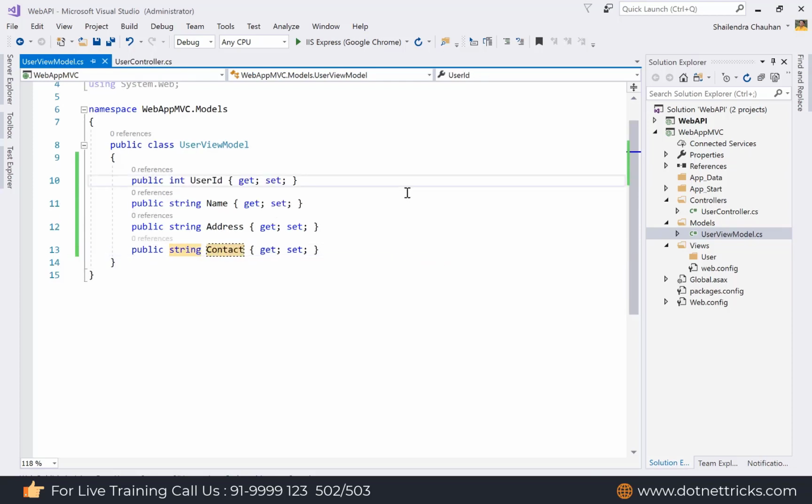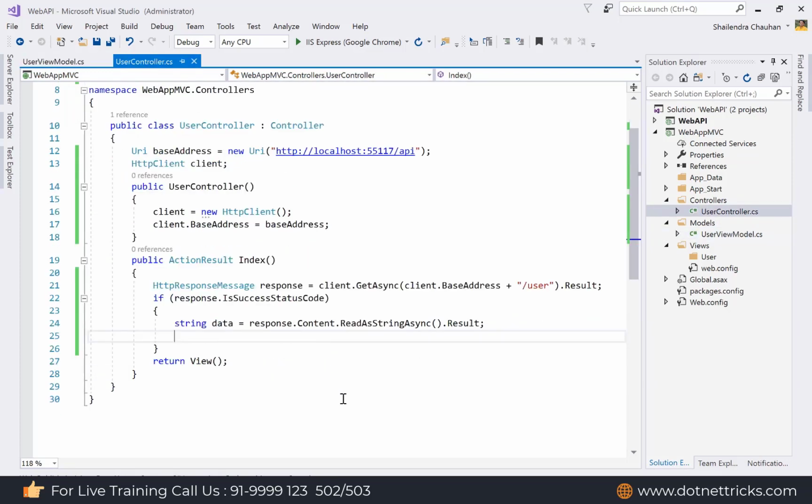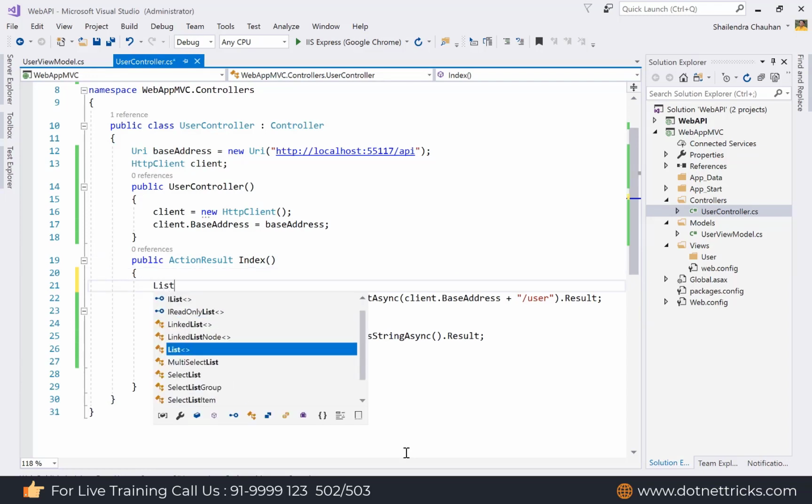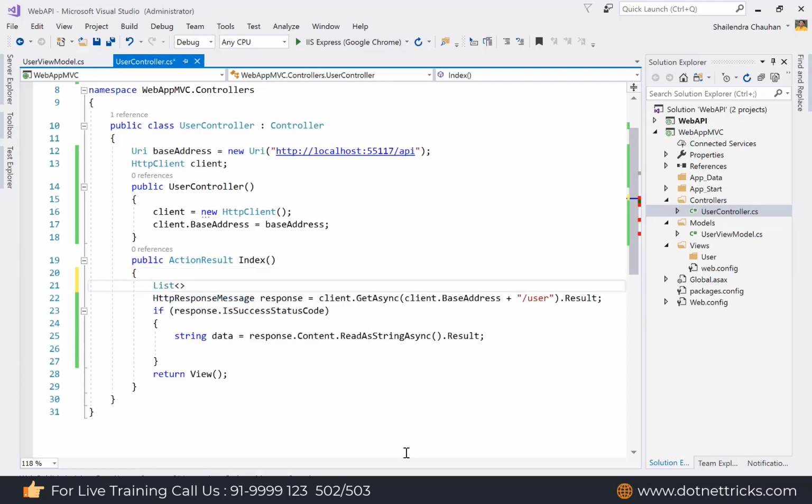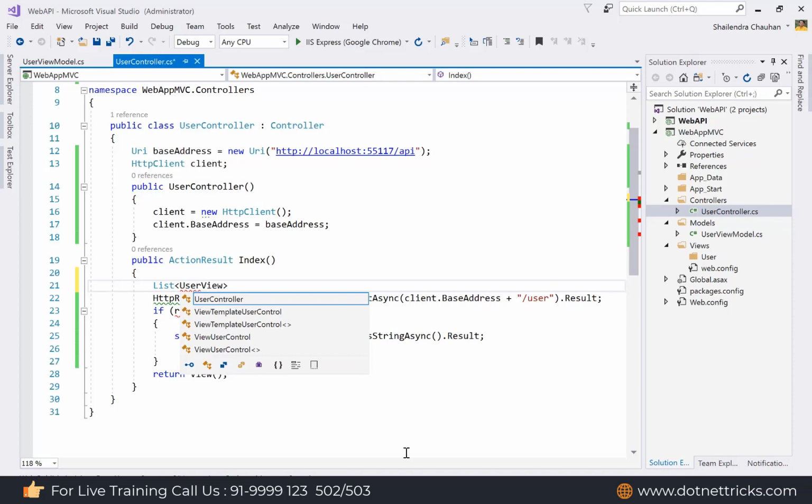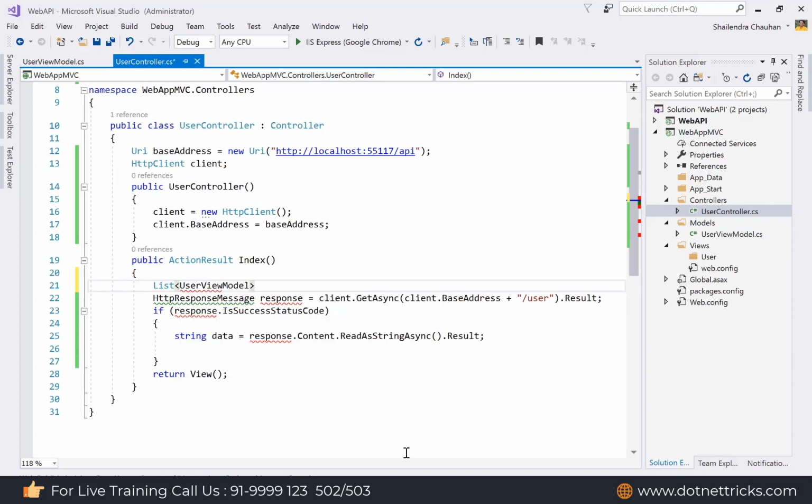And here we can define our validation rules when we define the view for adding a new user, or for updating the user. Right now we are just reading the value. So just do one thing: create the list of users here. I'm going to use the user view model list, so let's say model list equals new user view model list.